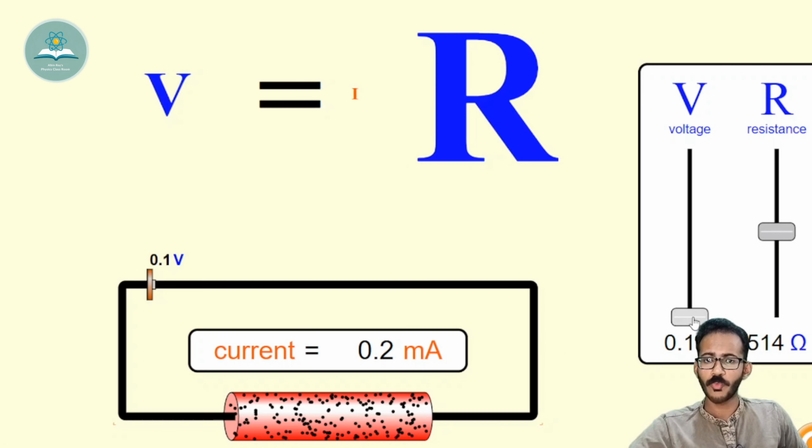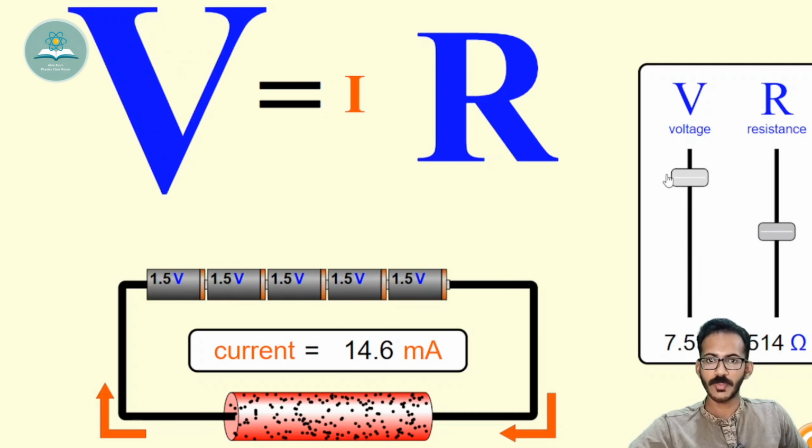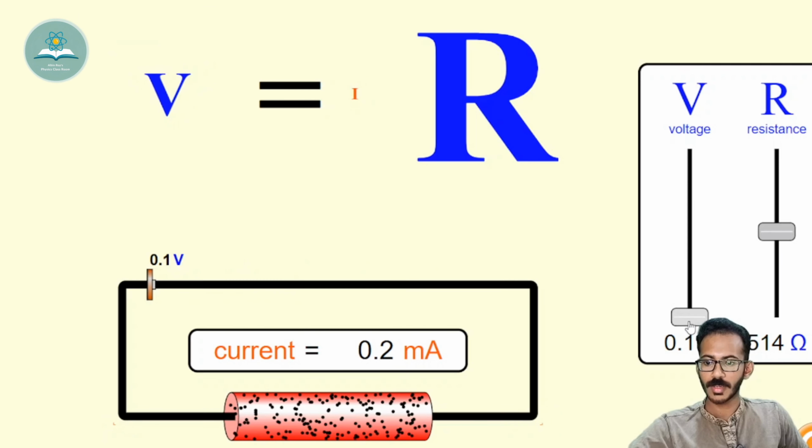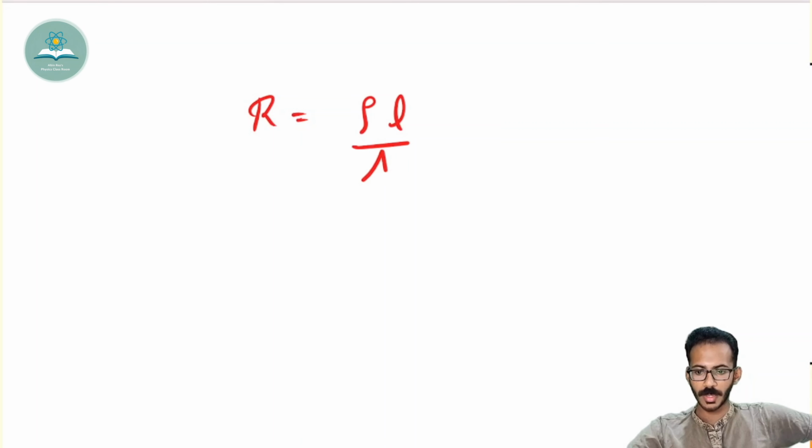So in Ohm's law, V is directly proportional to I. When I increase V, I will also increase. When I decrease V, I will also decrease. Now, let's see the factors which will decide the resistance. Resistance R is equal to rho L by A,